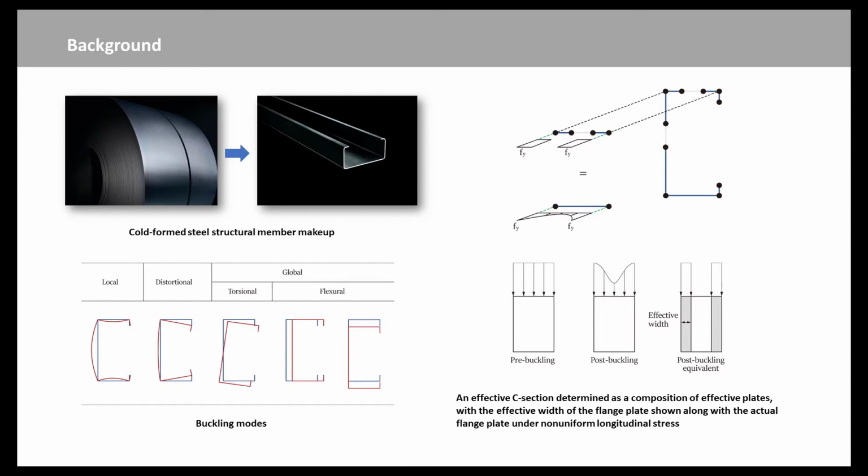To address this, the direct strength method is proposed. This method is predicated upon the idea that an engineer determines all of the elastic instabilities for the cross-section, and also determines the moment or load that causes the section to yield. Then the strength can be directly determined. The critical stresses used to calculate the slenderness associated with different types of buckling are determined using the signature curve obtained from the finite strip method.